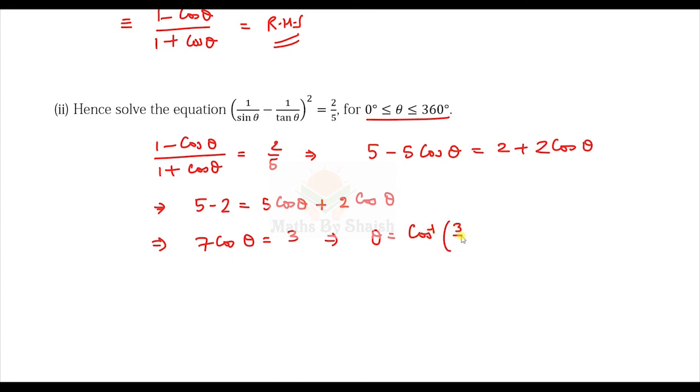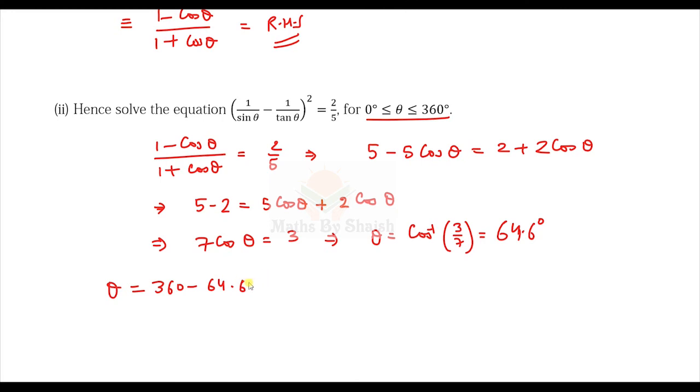The first value we will get from the calculator, which is 64.623 and so on, so it is 64.6 degree. And since it is a cos, for cos we have 360 minus theta is equal to cos theta, and 360 plus theta is equal to cos theta. So we'll use 360 minus theta, meaning minus the previous angle to get the next angle. The next angle means theta only. The solution is theta, so we'll always write only theta.